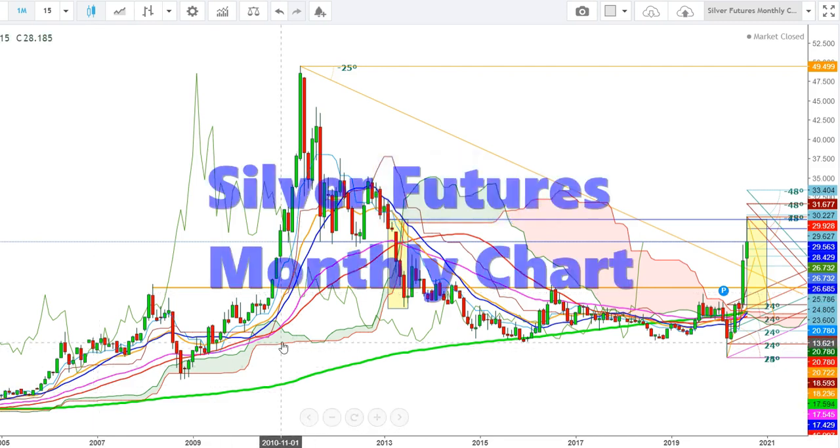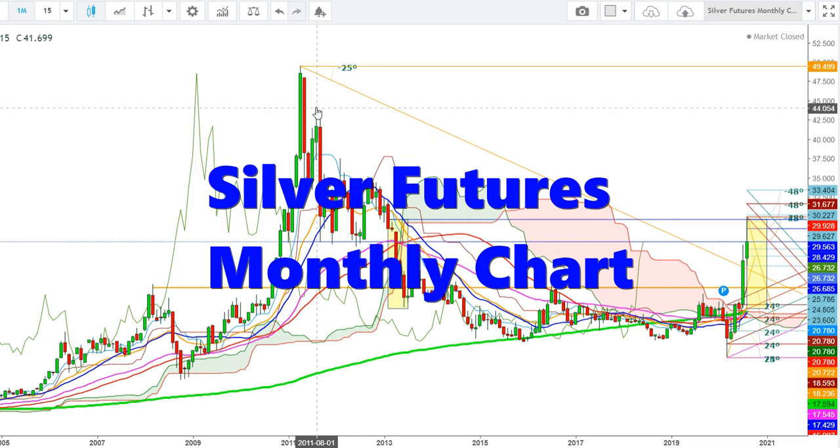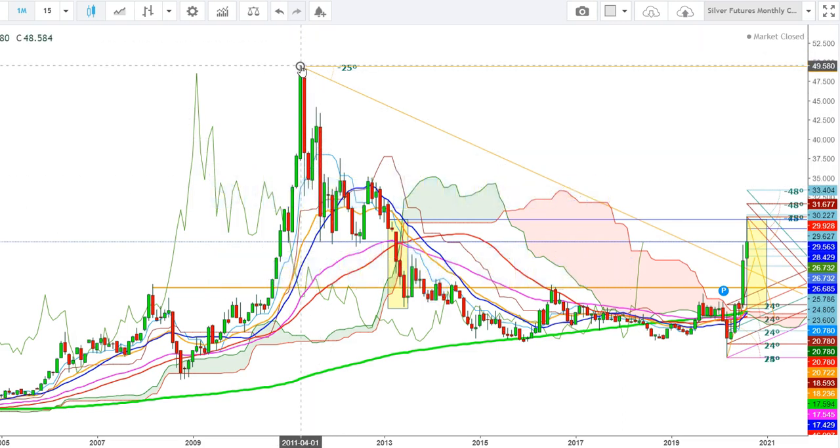So let us start the day to analyze the movements of silver futures in different time frames. So here you can see that after testing the highs of $49.50 in 2011, silver futures started to move downward and continued this downward move up to the levels of $13.62 that they tested in December 2015, and from here the silver futures once again tried to move upward but found stiff resistance at the levels of $20.762 in July 2016.